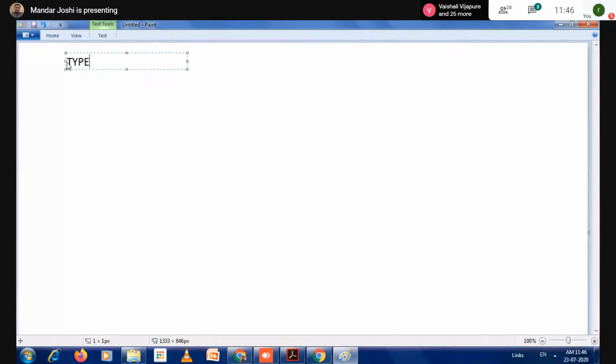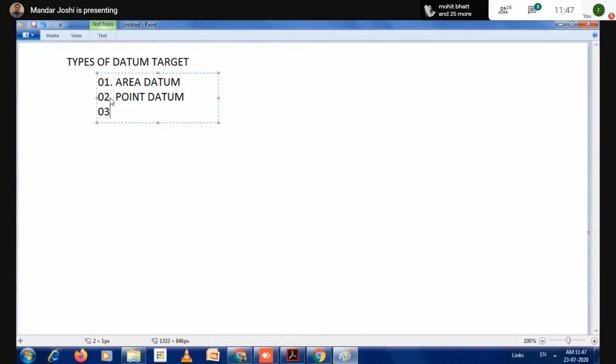Number 1, area datum. Second number, point datum. And third number, line datum. These are the 3 types of datum target.